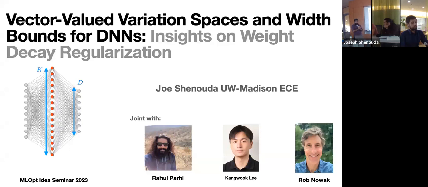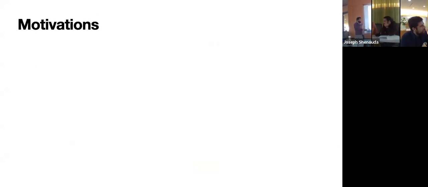Okay, I'll get right into it in terms of motivations. So why do we care about vector valued neural networks? If you're familiar with deep learning theory, or the study of why neural networks work well, there's a lot of literature on shallow neural networks with a single output, explaining what type of functions they learn, why they work so well, and what their advantages are over kernel methods or linear methods. But the problem is that it's really hard to go from shallow neural networks to deep. And the real mystery is in depth, right? That's where we're seeing all these great advancements in AI.